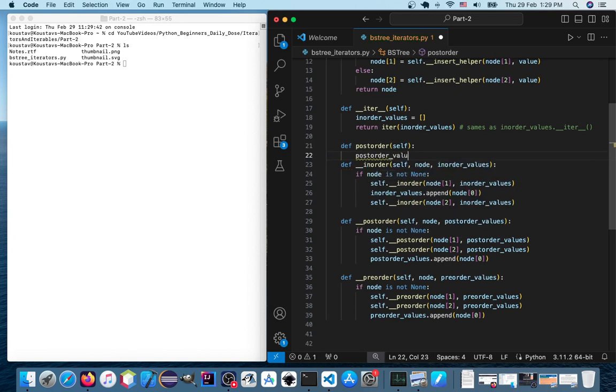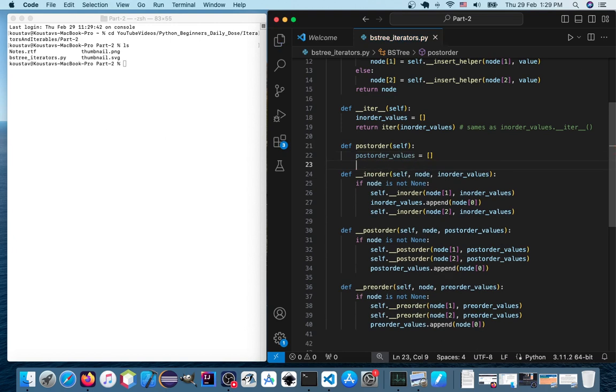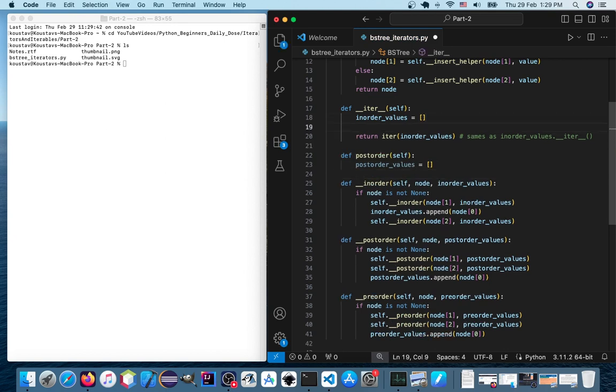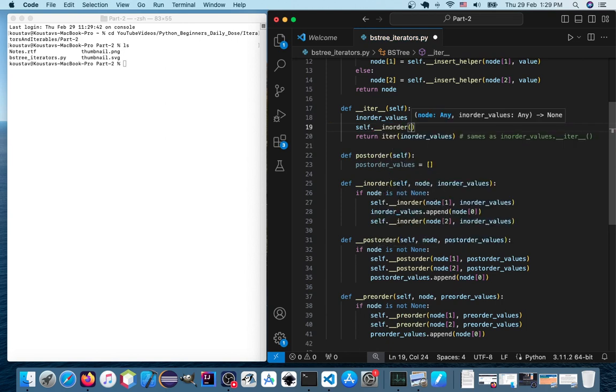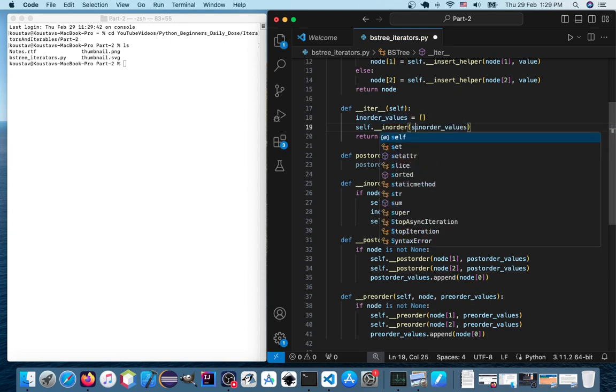This will return an iterator to iterate the values of the BS tree in post order fashion. So over here we have to call in order and in order values. And sorry, we have to pass the root,